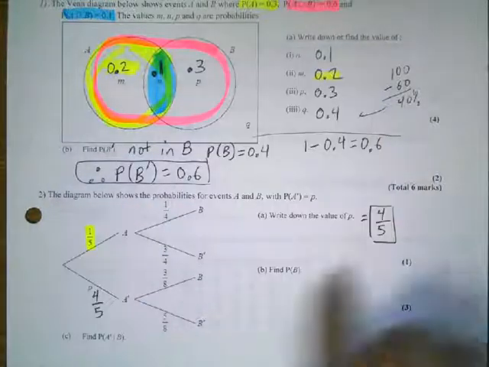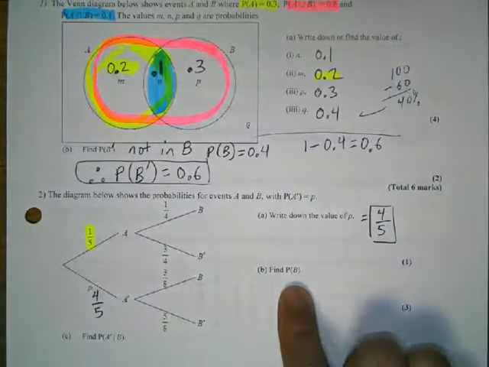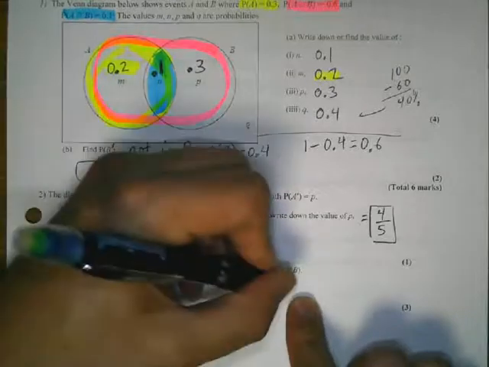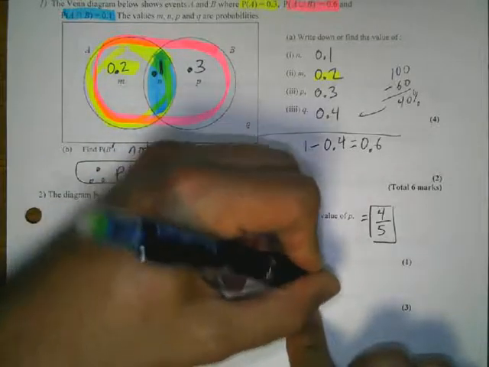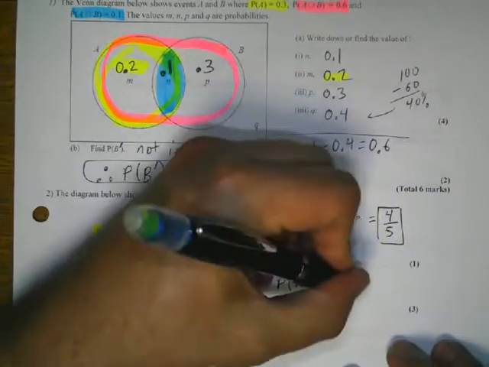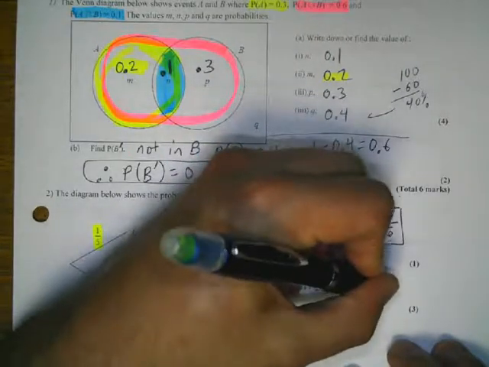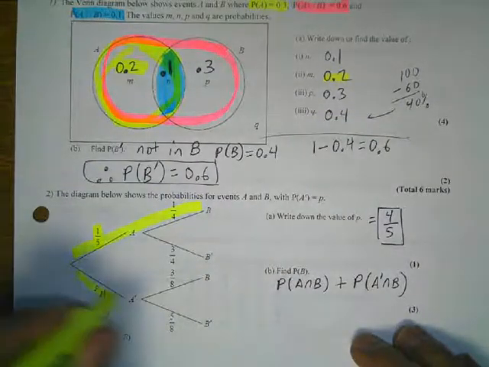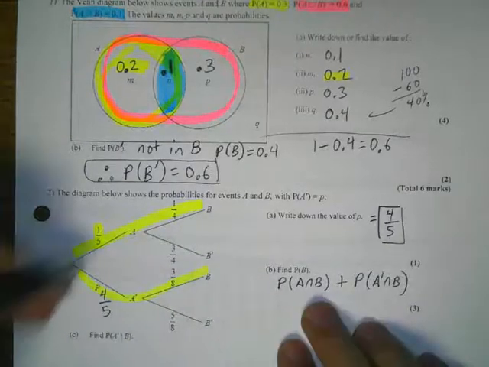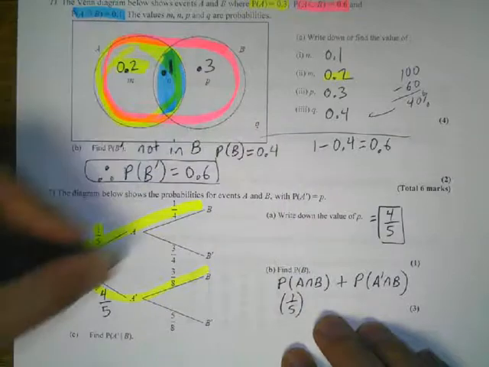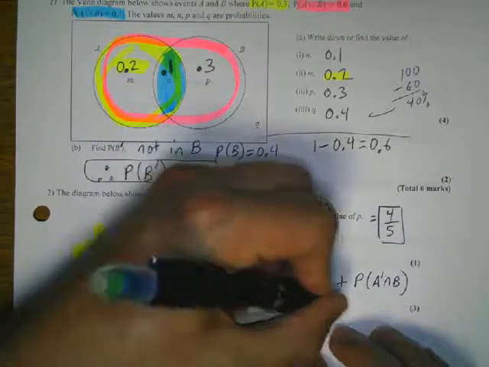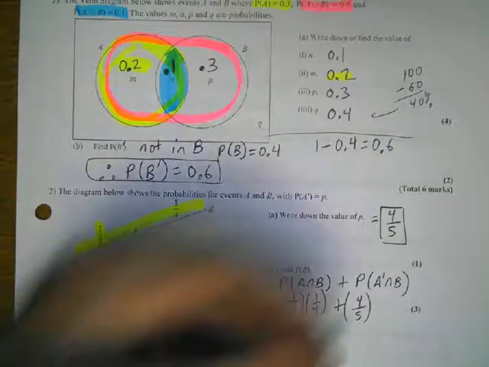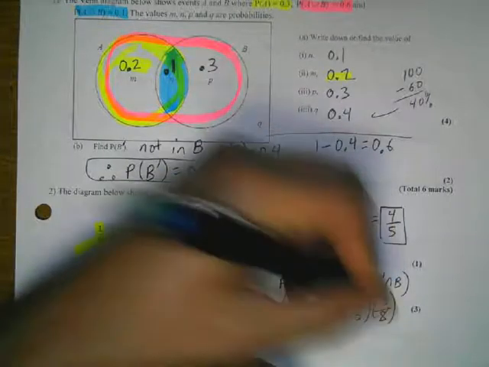Okay, so what is the probability of B? What we're going to do is find the probability of A and B plus the probability of A prime and B. So this pathway and this pathway. So we're going to have 1/5 times 1/4 plus 4/5 times 3/8. And then that's going to give us